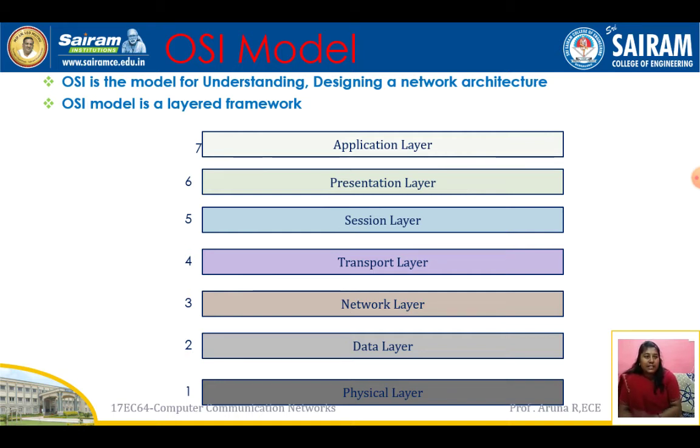As we have seen in the letter example, you have a step by step communication. In each step, there is a function to be carried out. So at the bottom you have the physical layer, data layer, network layer, transport layer, session layer, presentation and application. What we are able to see is nothing but our application and presentation. Inside the computer, whatever is happening until it goes out on the wire, those are the different layers of communication. So each and every computer will have its communication carried out through these 7 layers.